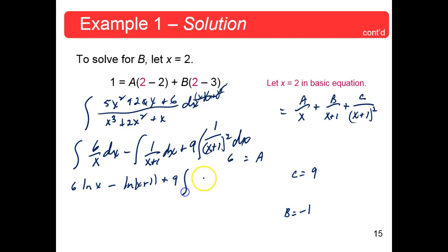Okay. 9 times the integral of x plus 1 to the minus 2 dx. That better? I like it better. It's 6 log x minus log x plus 1 plus 9, okay, it's what it comes out to be